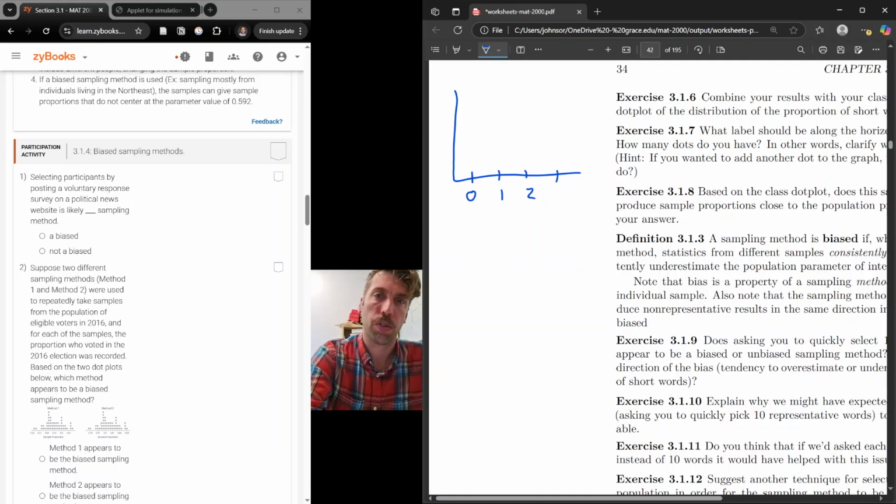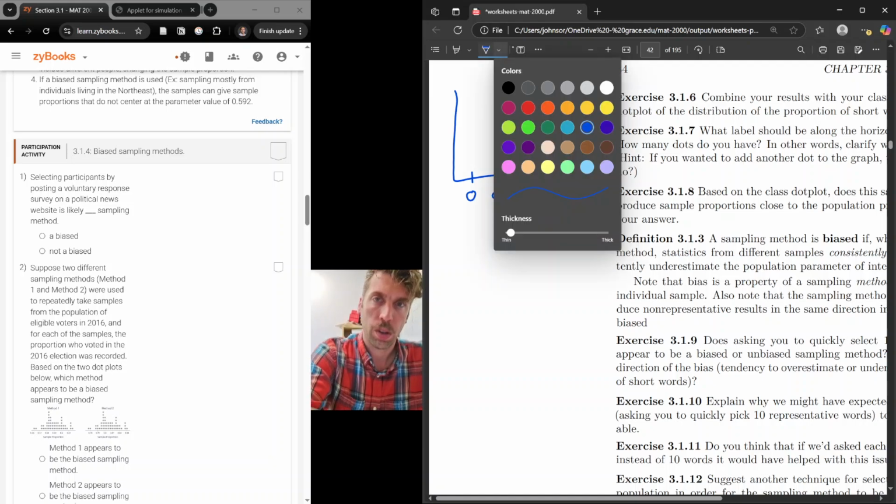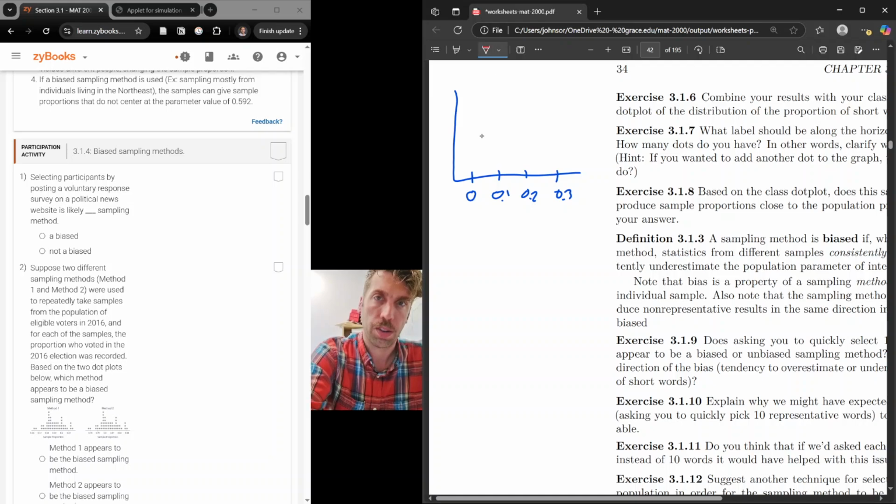Actually, these should be proportions. So, like around 0.1, 0.2, 0.3. Excuse the bad handwriting. So then you might have, for instance, in a recent class that I taught, a lot of people had 0 short words. They might have several people who had 0 short words, and then maybe a few people had 0.1 short words, and maybe 2 people had 0.2 short words, and 1 person had 0.3 short words, and so on